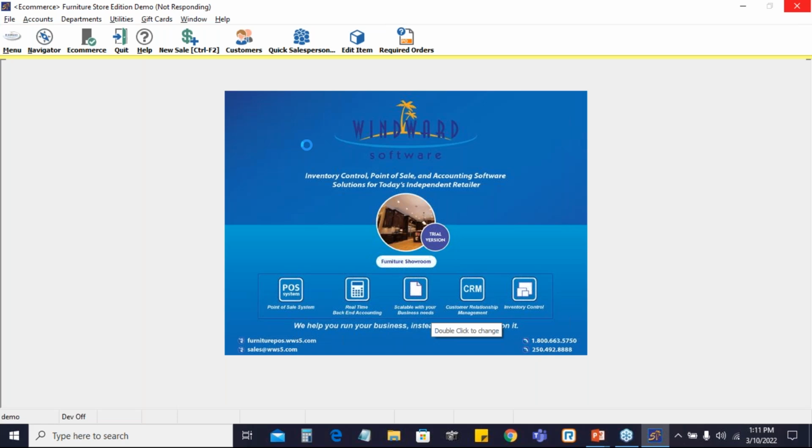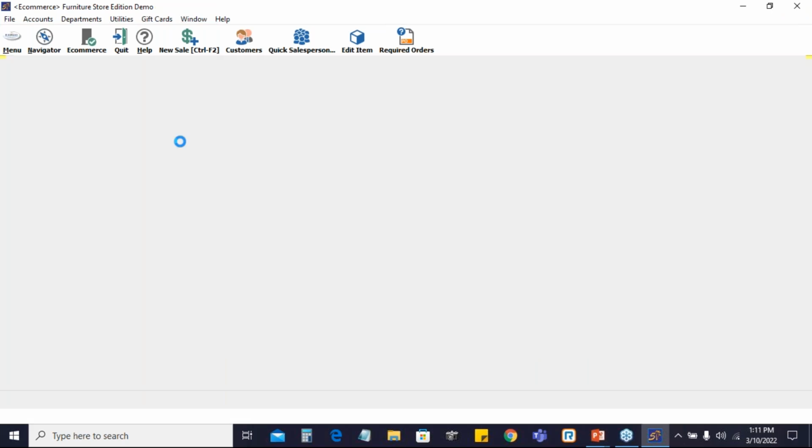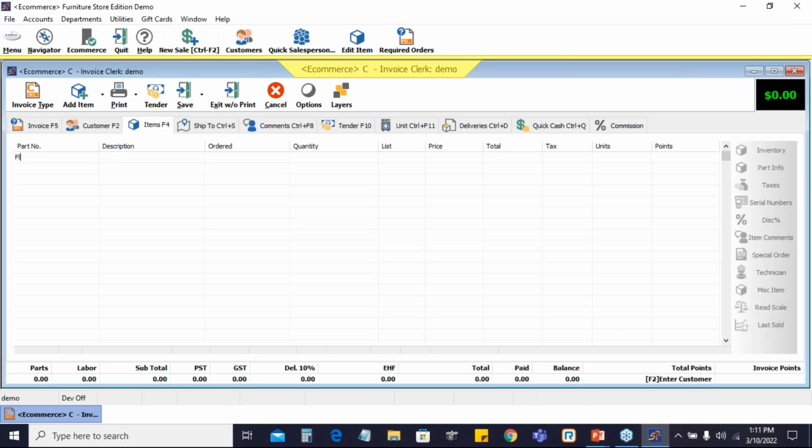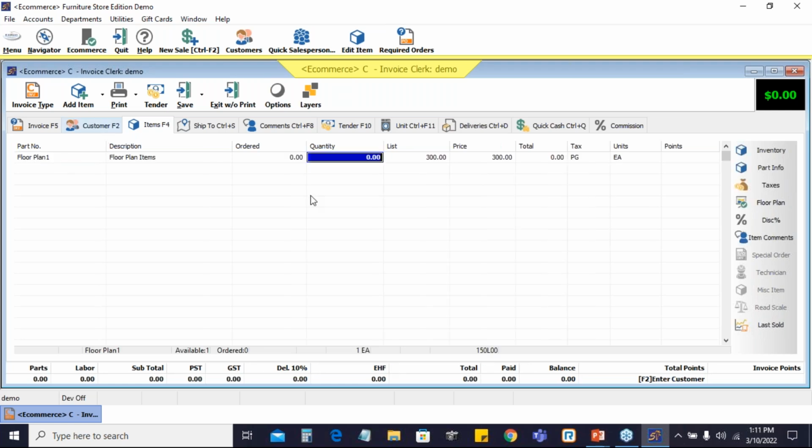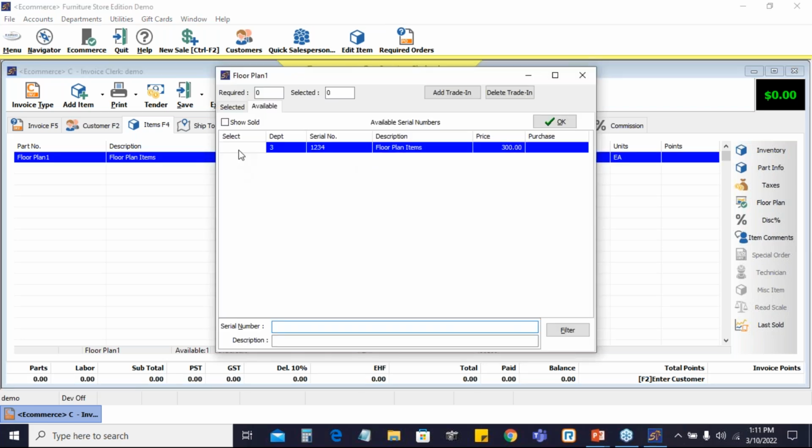Just wait for it, and still thinking. Okay, there we go. So floor plan 1. And then to attach the serial number, just hit this field under the quantity column and select that serial number, click